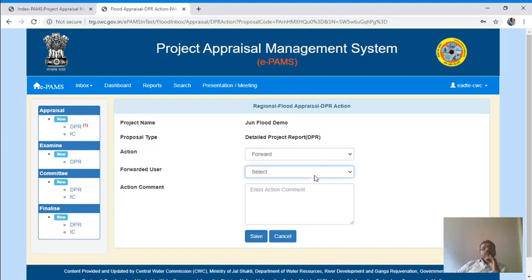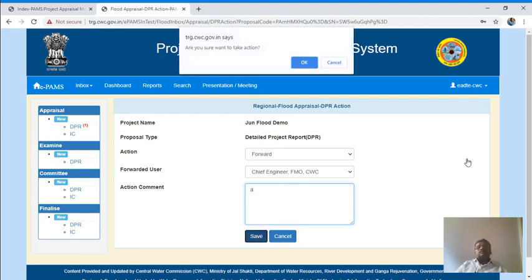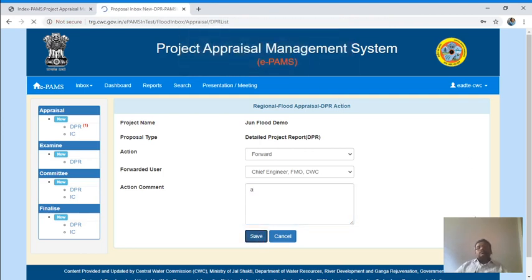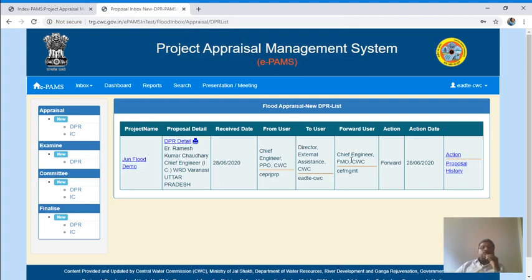Forward to whom? Chief engineer FMO. All these things have been defined in the workflow. Now it has gone to chief engineer FMO.